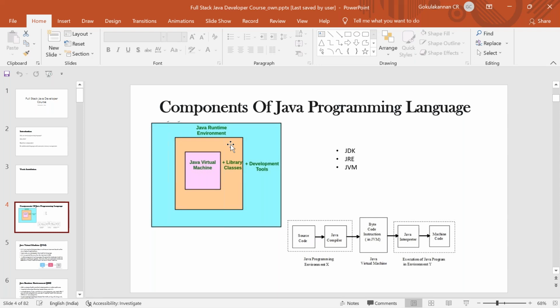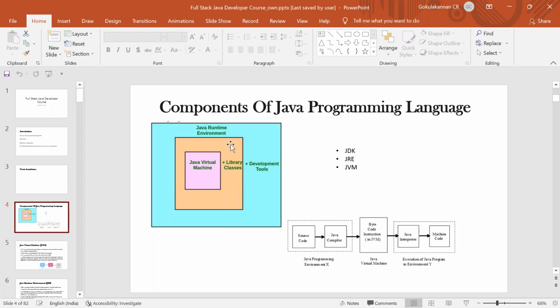You would have seen that when you download some applications, it will say the prerequisite is you should have a JRE version, and they will give a version. If you have that version only, you can install. You might think that I'm not a developer, why do I need it? Why you need it is it needs some environment, some space for your application to work. That is called JRE. So JRE is the Java Runtime Environment.